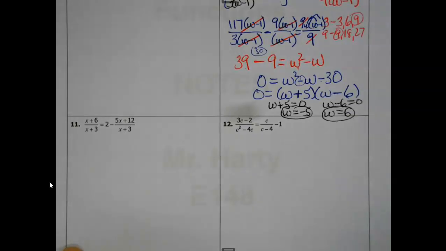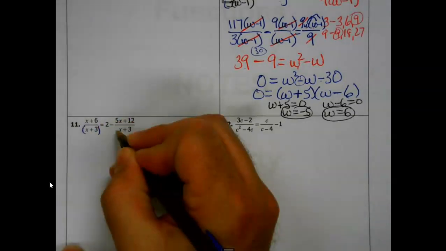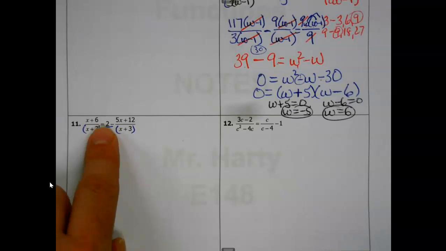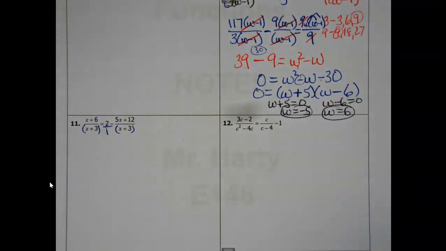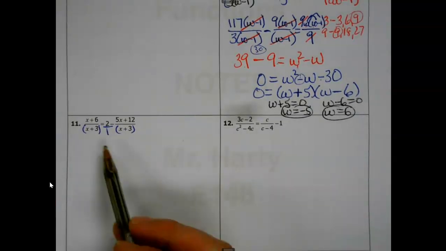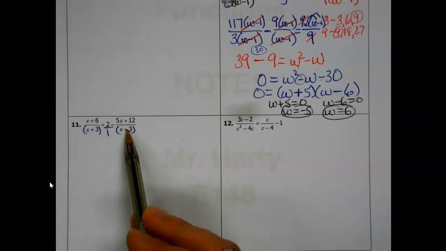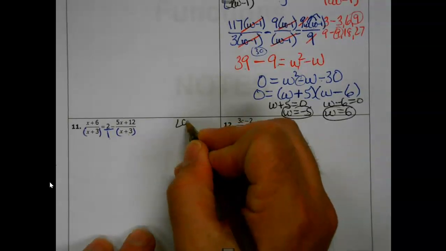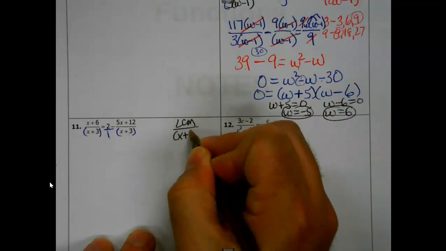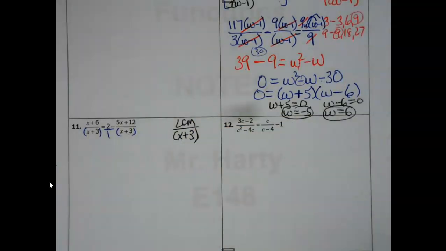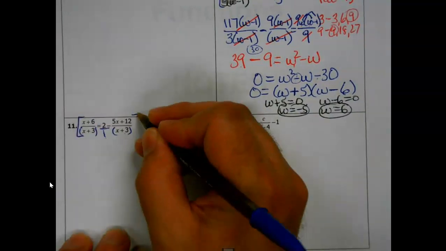This next one. The 2 is in the numerator. So don't let the fact that it's not a fraction confuse you. You can put it over 1. That's fine. Here's the good news. I don't really need to do anything with 1. That doesn't change anything. I don't have any variables that are hanging out on their own, like number 7 or number 8. So my entire LCM is just x plus 3. Which is going to work real nice here,